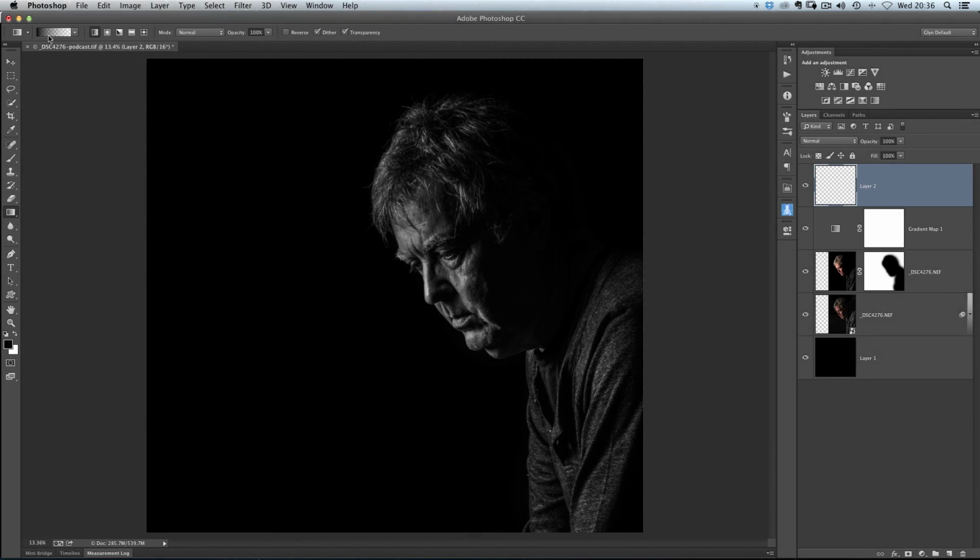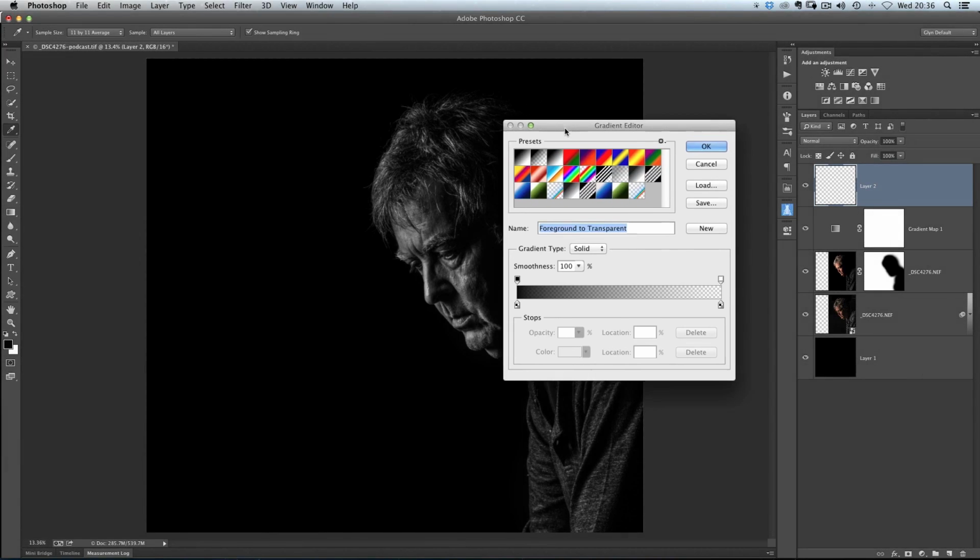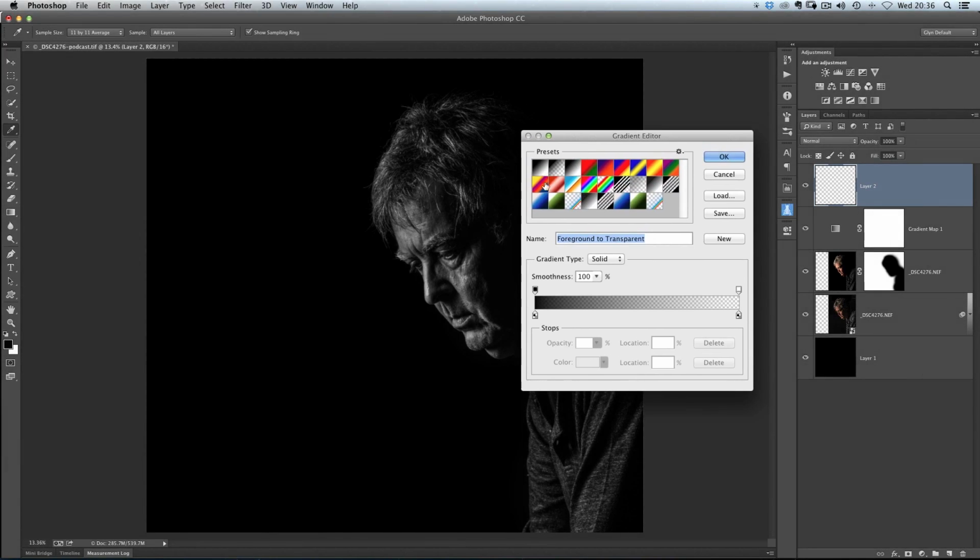So we get the gradient tool, and at the top here we have all the options that come up whenever we choose a tool. In the far left we've got the gradient, and when I click on that it brings up the gradient editor, and I'm going to use the one that's in the top row, second along, and that's foreground to transparent. Now generally when you hover your cursor over anything within Photoshop you get the words popping up to tell you what it is. So you can see now that my cursor is over this one, it says foreground to transparent,